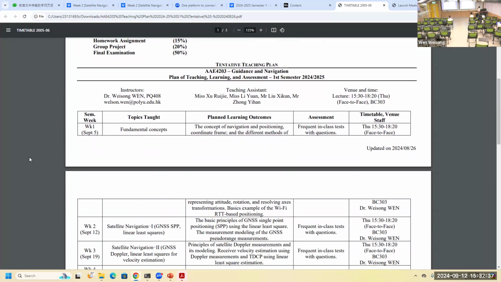Before I start, I still wish to quickly go through the teaching plan. For the first week, we have finished the fundamental concepts. We talked about the concept of navigation and also introduced a little bit about Wi-Fi RTT. We introduced range-based Wi-Fi RTT positioning and also signal strength, which we call fingerprinting-based Wi-Fi positioning. For today, we are going to finish the components remaining from the last lecture,